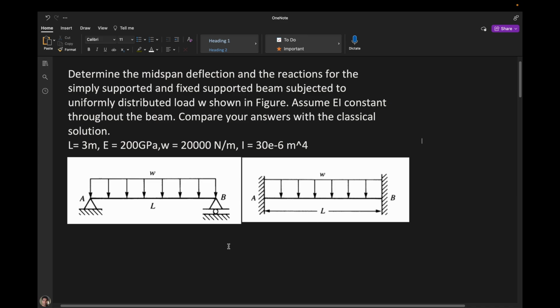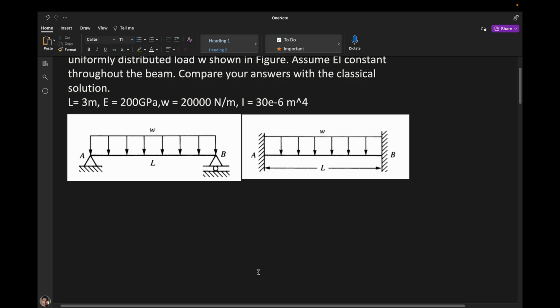and it is asking to find the displacement and slope of each node, and it is given that the length of each beam is 3 meters, Young's modulus is 200 gigapascal, and W is 20,000 Newton per meter, and the moment of inertia is 30 × 10⁻⁶ meter raised to the power 4. Okay, so